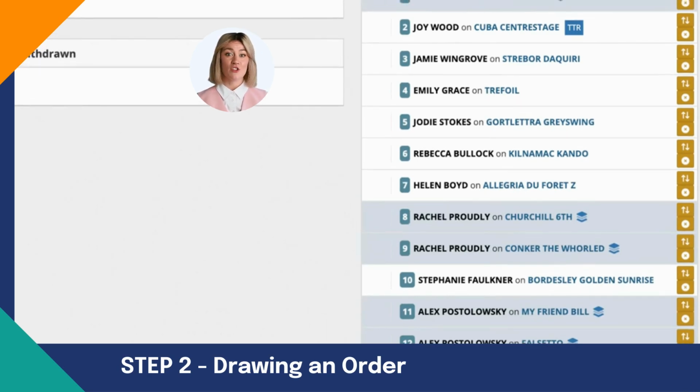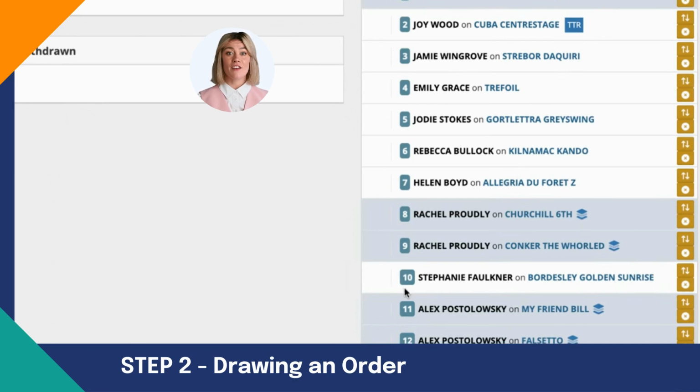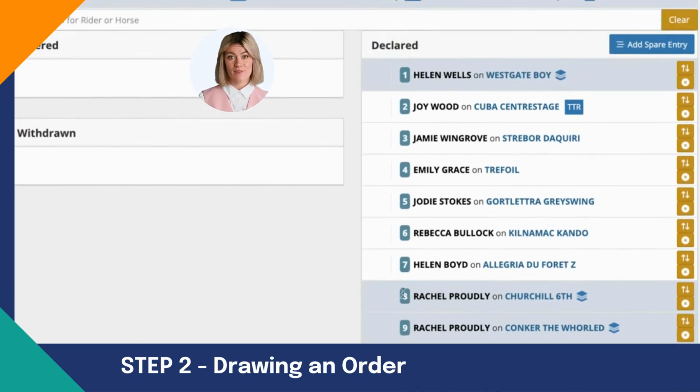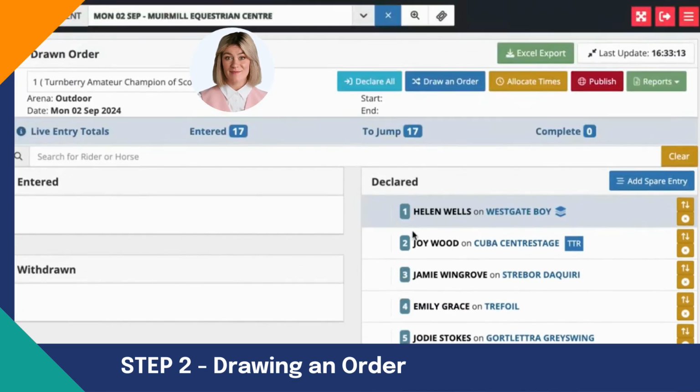You are now ready to draw the order for the entire day in this arena. As you will see, riders with multiple entries in the class, marked with a shaded background, can at this moment be next to each other. When you press the Draw the Order button,